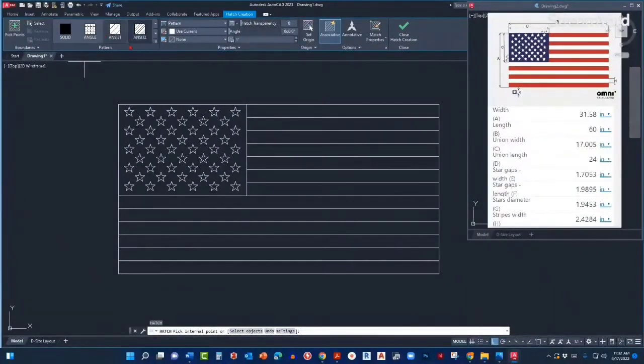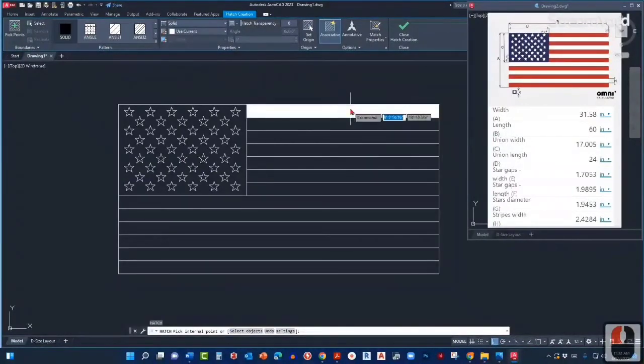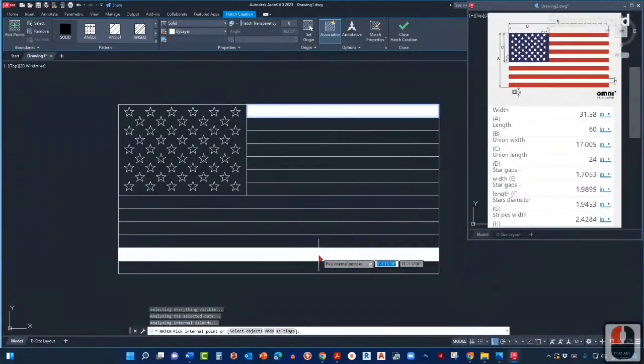So I'm gonna pick over here the solid, because again these stripes are simply red solid color. So I'm gonna select solid, and then I'm gonna click my internal point, in this case this once, and then